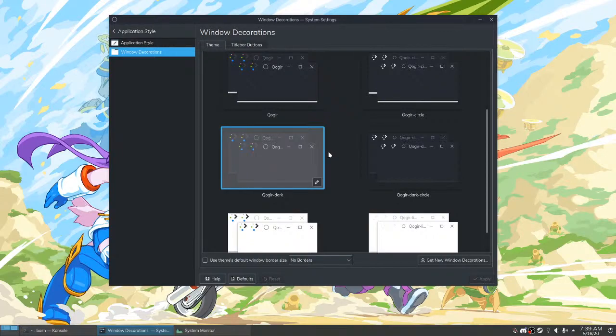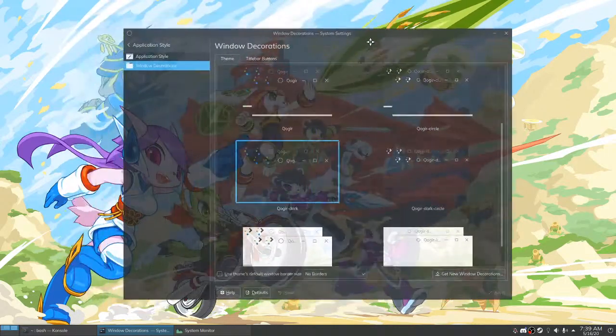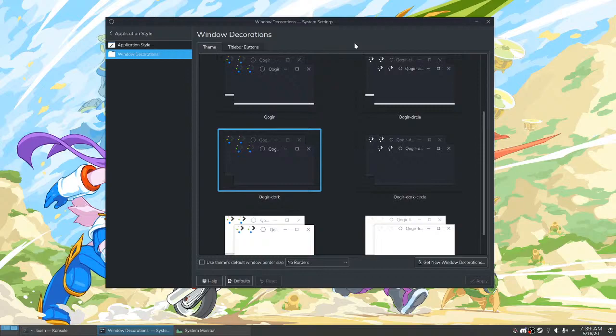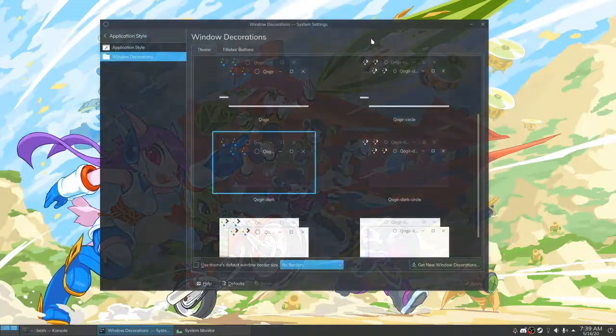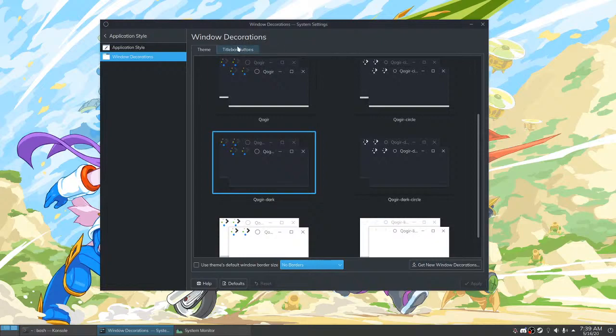Cool. Alt left click and you can move the window. Yeah, but I don't want to do that. I don't keep my hands near my keyboard most of the time. I don't want to think, oh, I can't grab it, now I have to take my hand over here and then press Alt and then move it. That is cool, don't get me wrong, but I don't want to do that.